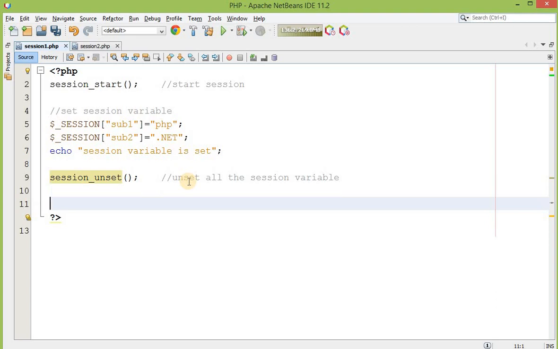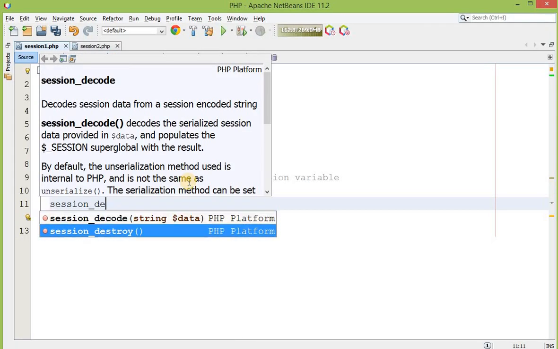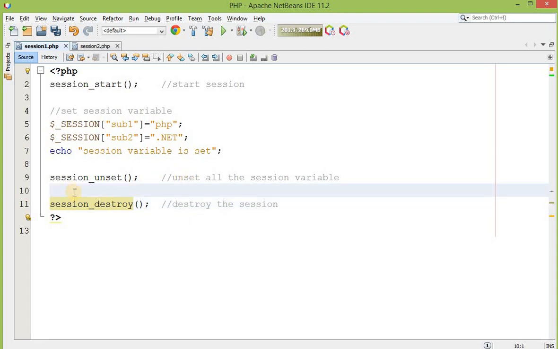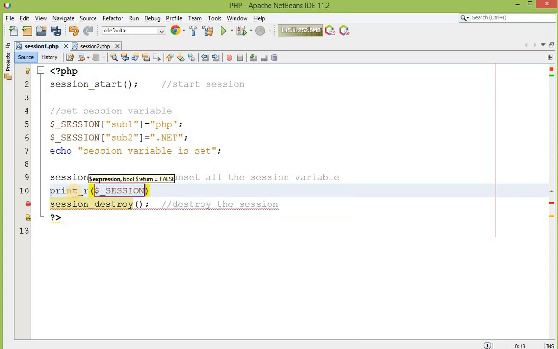But if I want to destroy my session itself, how can I do that? Using the session_destroy method. Simple. This destroys the session.